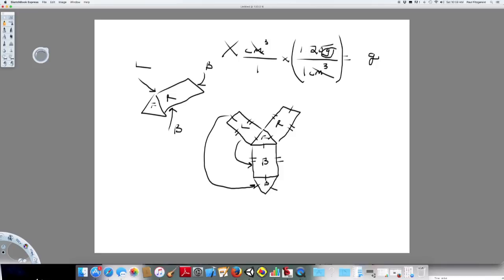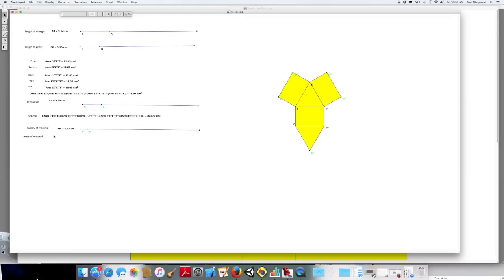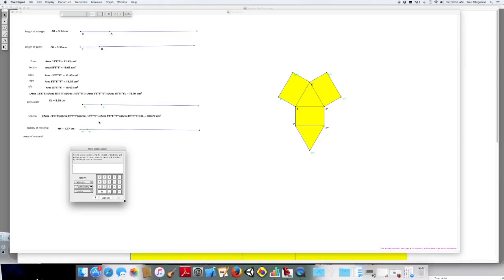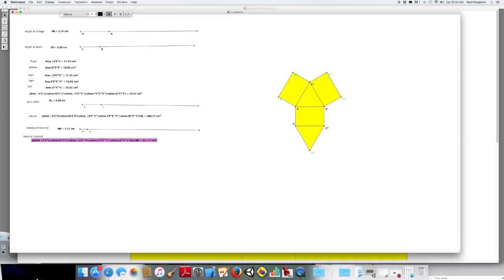and what it's telling me is for every 1 unit of volume, I have this amount of mass. So if we go back into Sketchpad, this is a pretty straightforward calculation. We go to Measure, Calculate, we take our volume, we multiply it by our density, and that gives us our mass. Now this would be a mass in grams, okay? And now, you probably guessed it, one more slider,